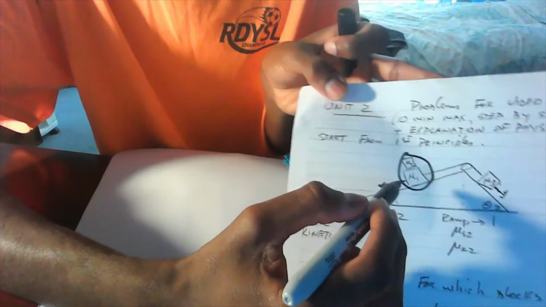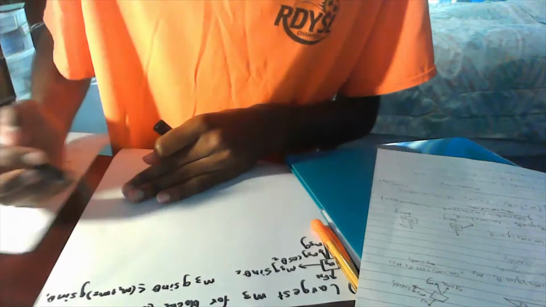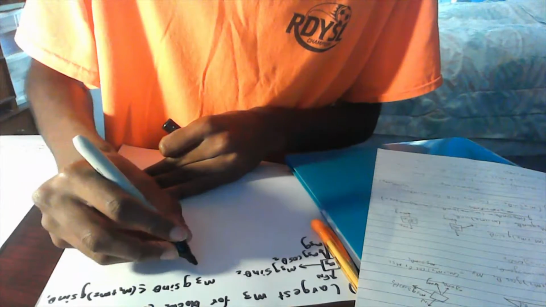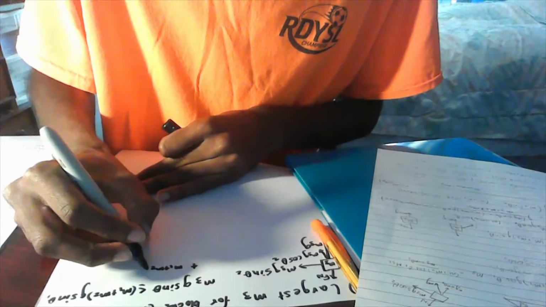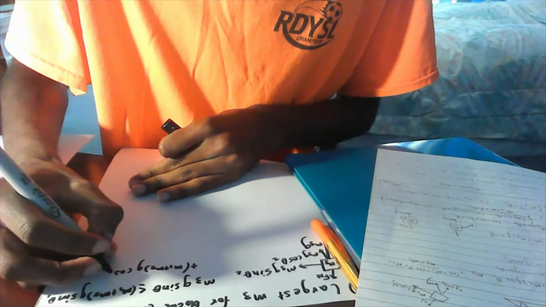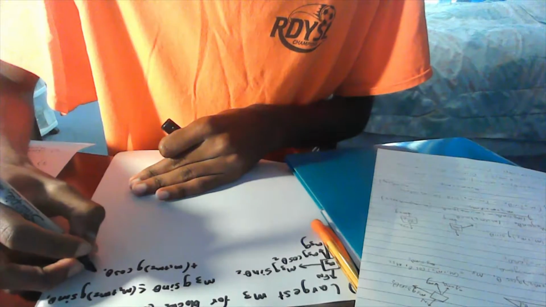And then we're also going to incorporate the frictional force between them. So that's going to be less than plus (m1 plus m2) g cosine theta 1, since that's the normal force, times